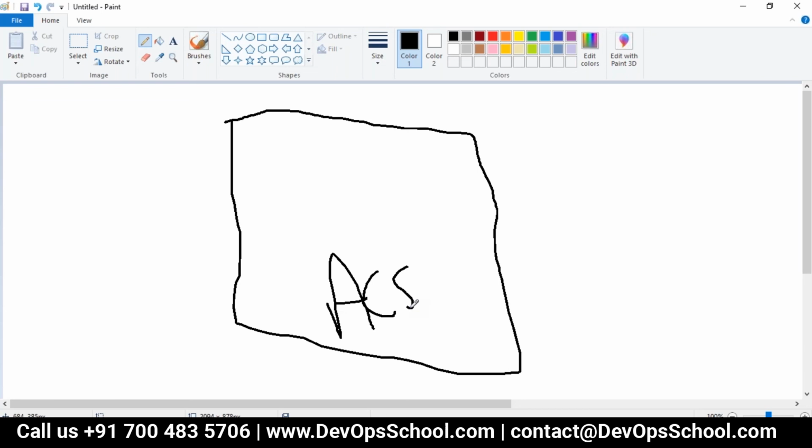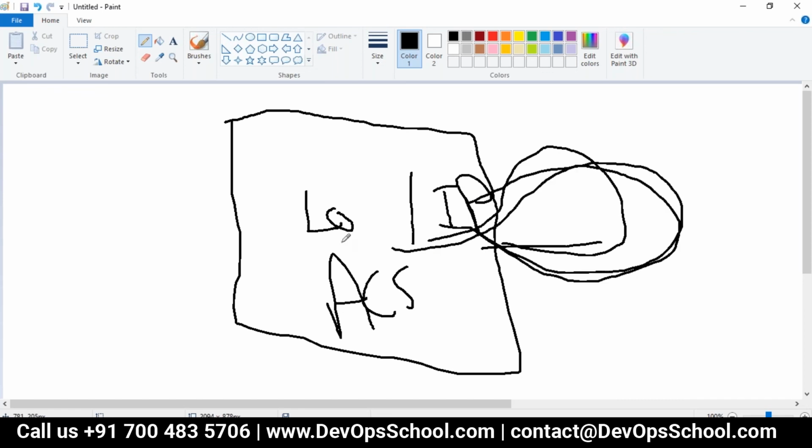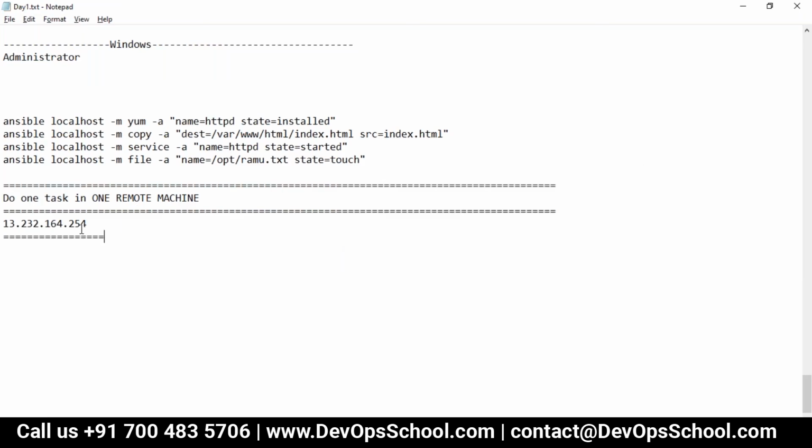If I use localhost, I will not travel to the network. If I use the IP address, I will travel to the network and then come to that. So I'll go to the bridge and then from there I'll come. I'm not creating one machine because I have a few minutes right now before we go for lunch. But I will show you the other machines also. The command will remain the same. Conceptually, it will be the same.